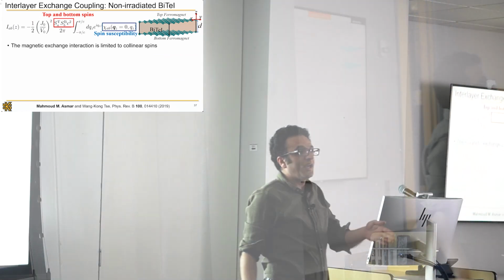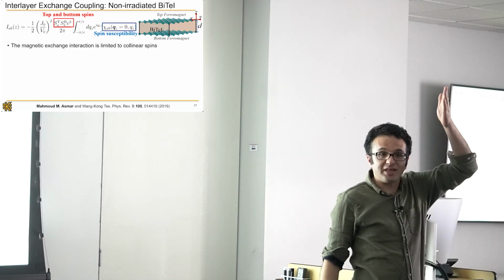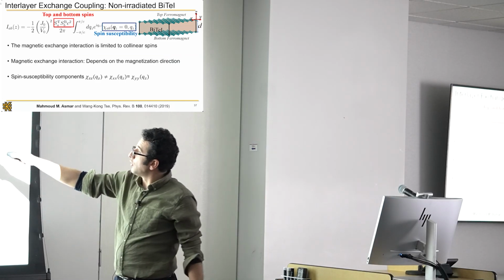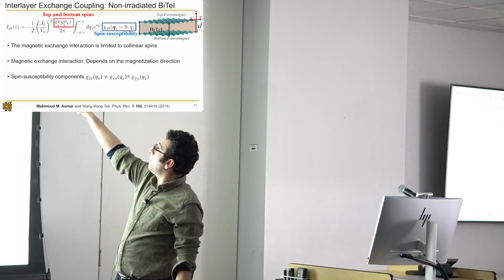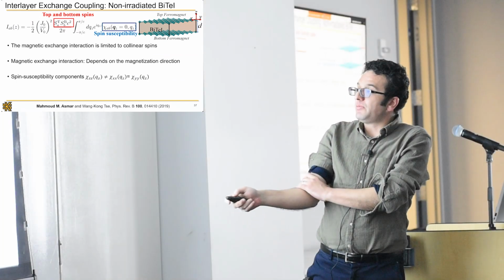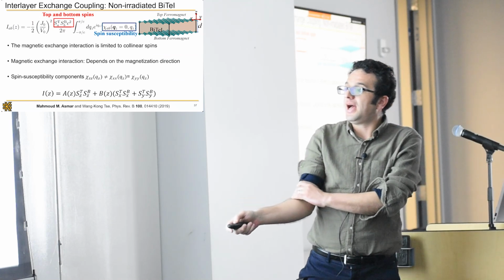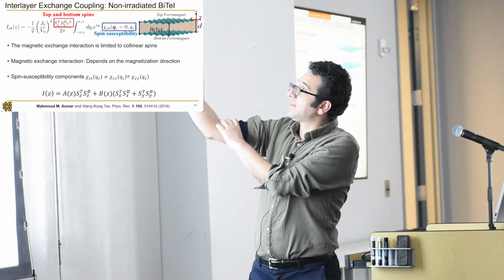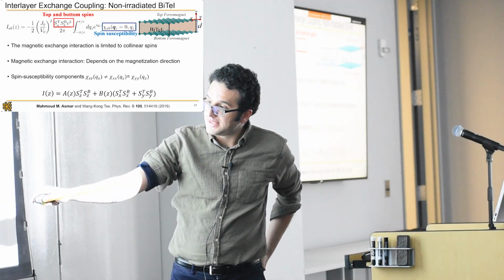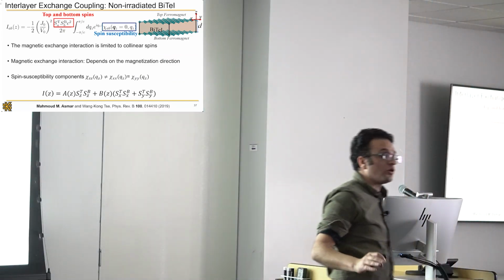Along the z, I have a simple Fermi gas. I don't have the spin orbit interaction in the z. I only have it in the xy. That means that I only can couple ferromagnets. When I say collinear spins, I mean I can only couple ferromagnets with either parallel or anti-parallel directions, okay? The spin susceptibility, as we said, is anisotropic between ZZ, XX, and YY, and the interlayer exchange, the magnetic exchange interaction between these ferromagnets, has only ZZ, XX, and YY. Basically, only collinear spins can talk to each other.